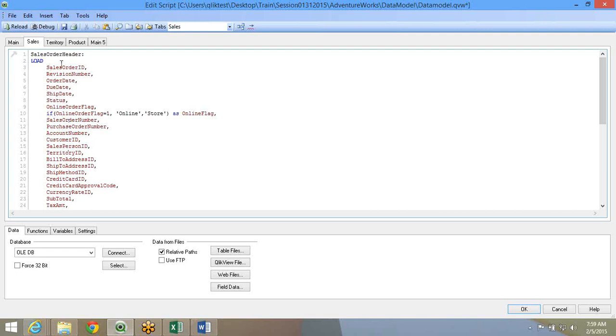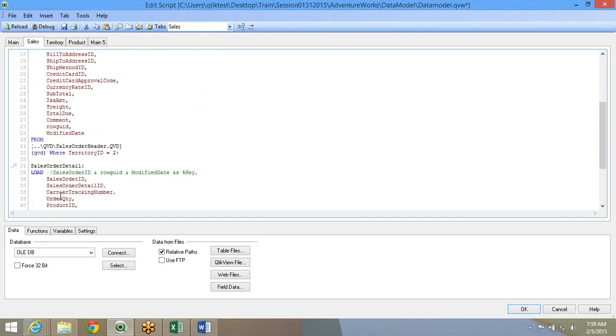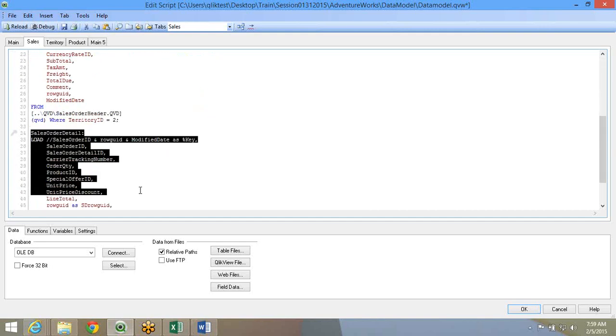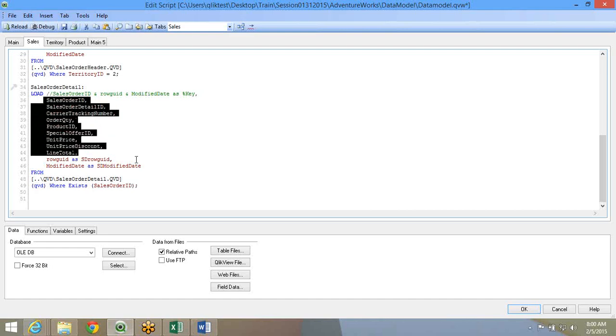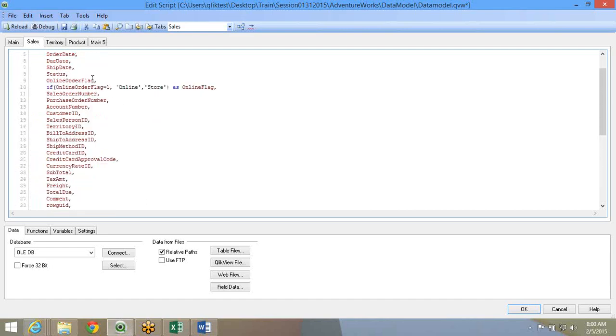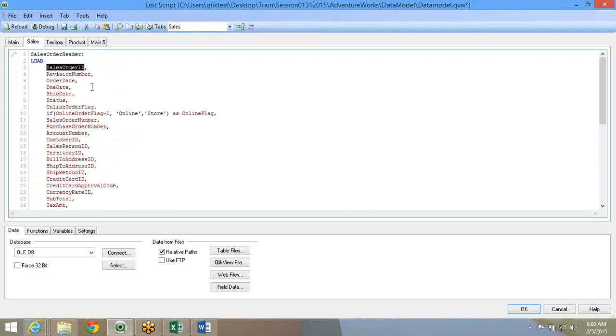What that helps is all the sales order IDs will be unique. So there'll be 300 sales order IDs, and it's a column in the memory. Now when it comes to the second table, sales order header is already in the memory. When I do where exists sales order ID, it will bring data only that is matching the existing sales order IDs in the memory.